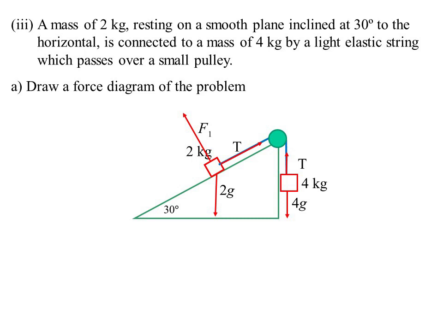Same in the other one, but they've got to be the same. It's the same string. The only time these could possibly be different is maybe if we tied a knot at the pulley, and then it'd be like they were two different strings, then they could act independent of each other. But whilst it's the same piece of string, they've got to have the same tension. Now, when they say a smooth plane, what they're basically saying is there's no friction. Because if it's smooth, there's no friction. So hence I haven't put frictional forces into my problem here.